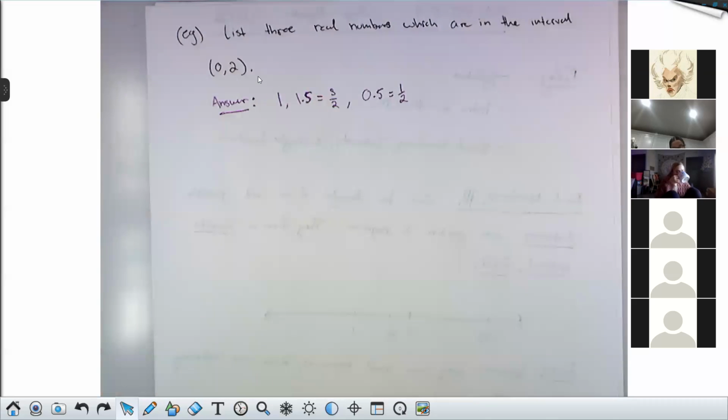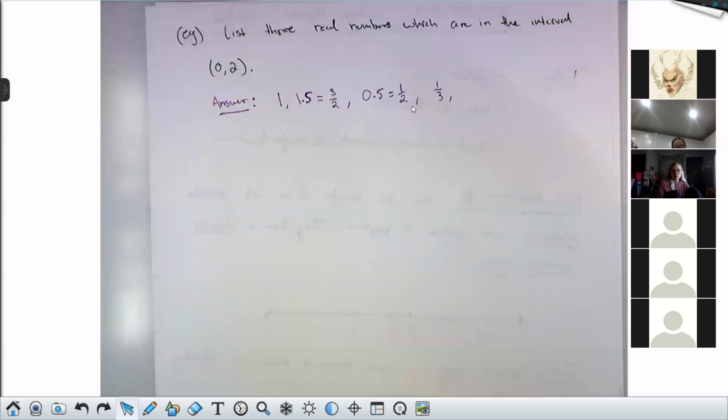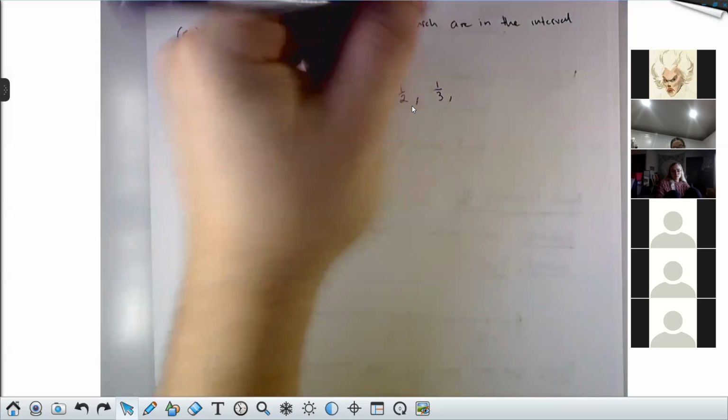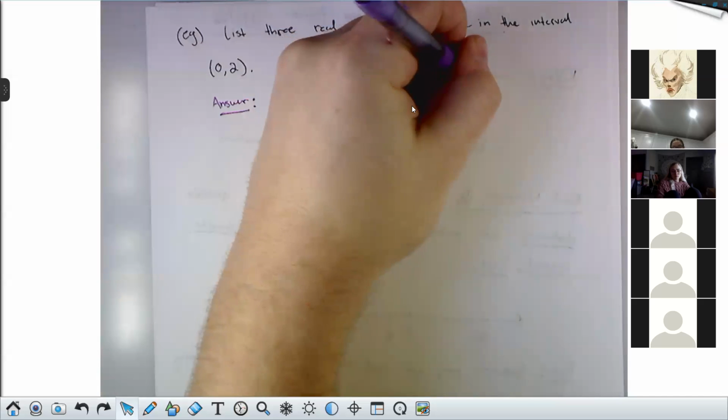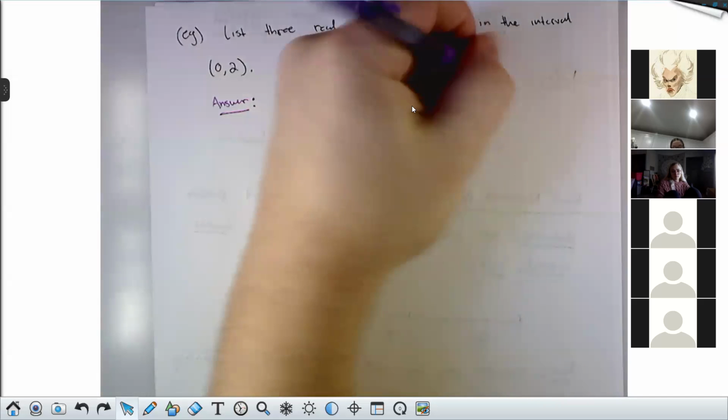I'll tell you now, I really appreciate the interactivity. Mixed numbers and decimals will show up from time to time in this class, but we want to focus on getting comfy with fractions. So every time I'm working with something like this, I'll do my best to give you the fraction representation of it as well. And working with fractions, reducing them, doing algebra with them, is going to be a big part of this class. Some other examples here: 1/3 is in this set, right? If you want some irrational numbers in this set, 1 over the square root of 2 would be in this set. Lots and lots and lots of things.